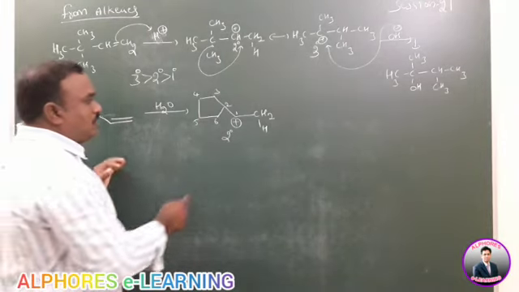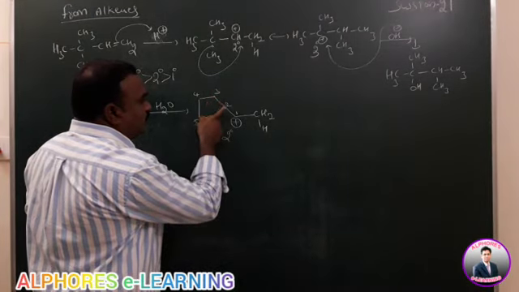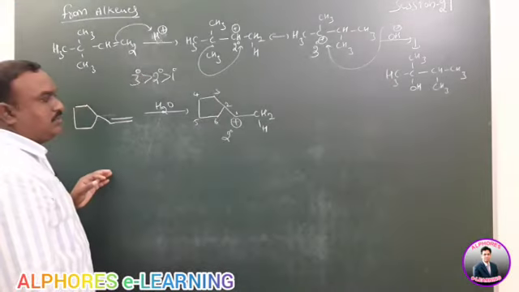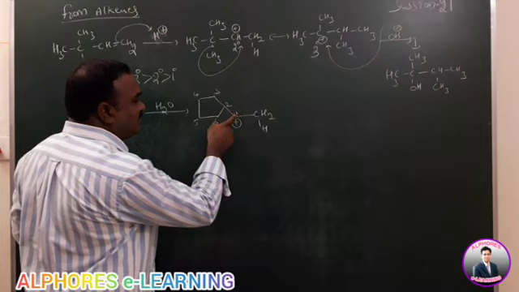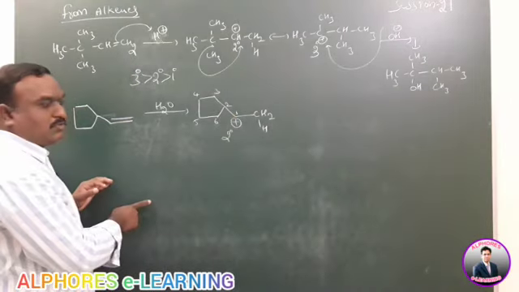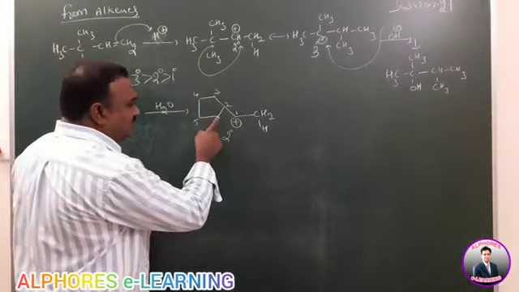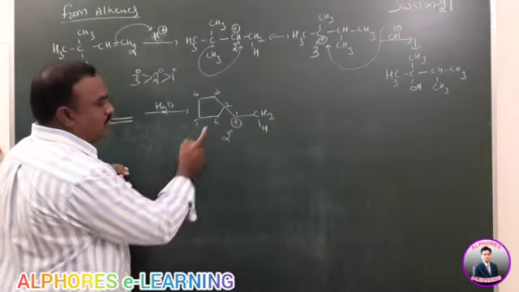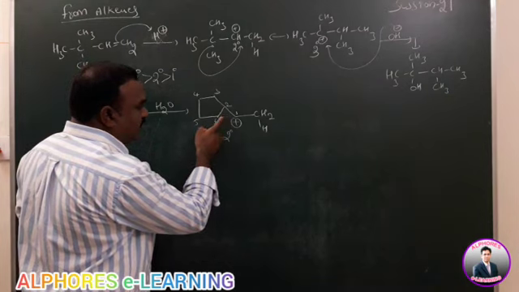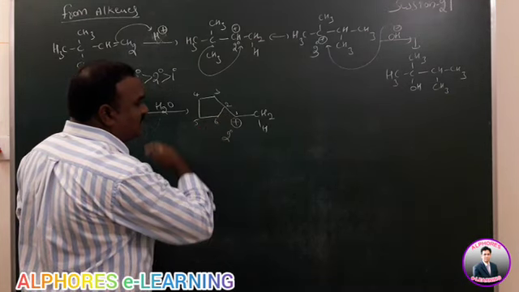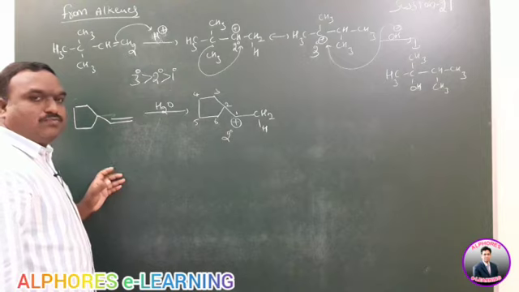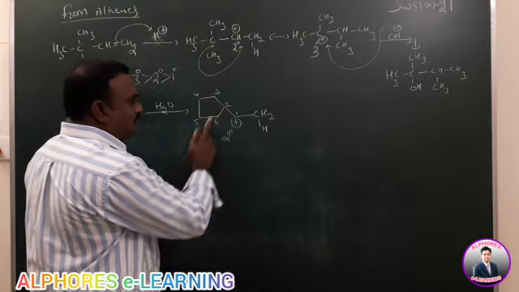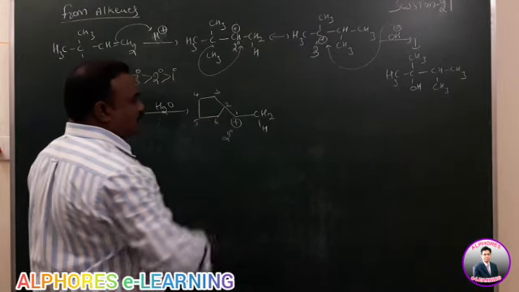The 2,3 sigma bonded electrons migrate towards the positive charge. Then a new bond is formed between the first carbon and third carbon, or the sixth one and second one, sigma bonded electrons migrate towards the first carbon. Then a new bond is formed between the sixth one and first carbon. The new sigma bond, which is going to lose the electron, second one, then gains that positive charge.